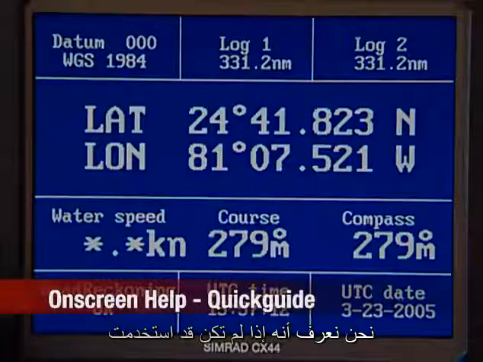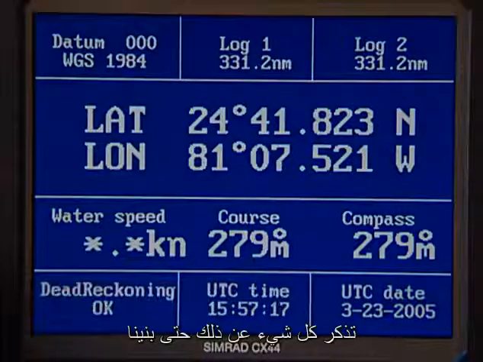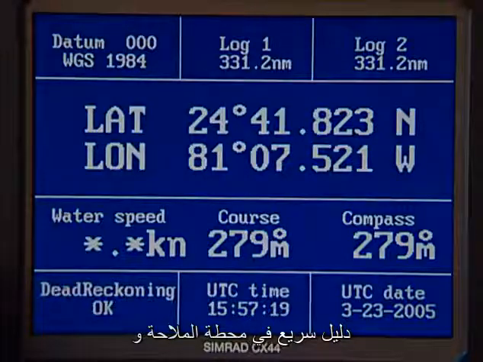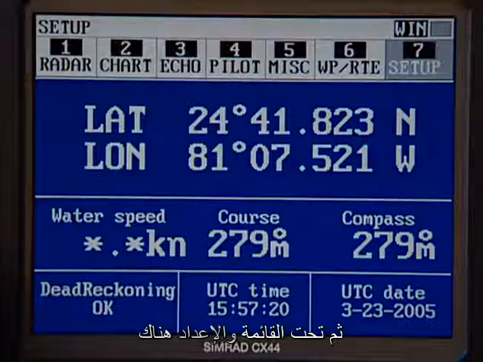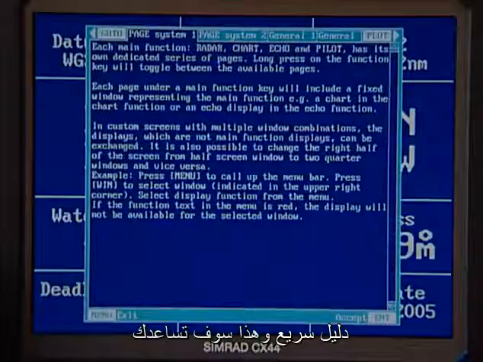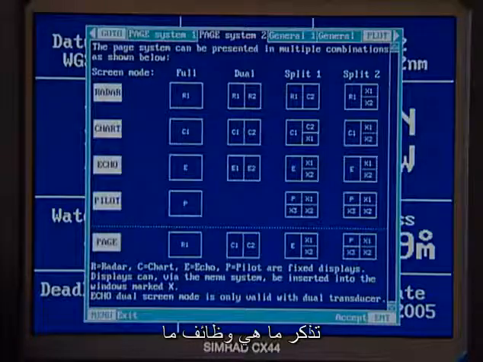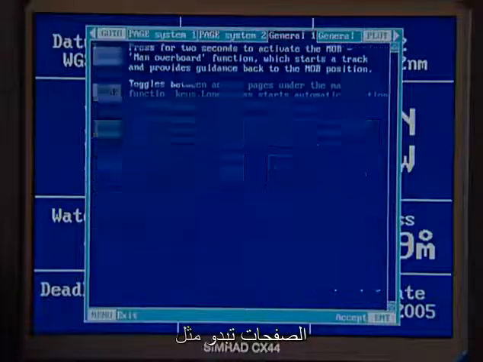We know that if you haven't used the boat for a few weeks, you're not going to remember everything about it, so we built a quick guide into the nav station. Under Menu and Setup, there is a quick guide. And this will help you remember what the functions are, what the pages look like,